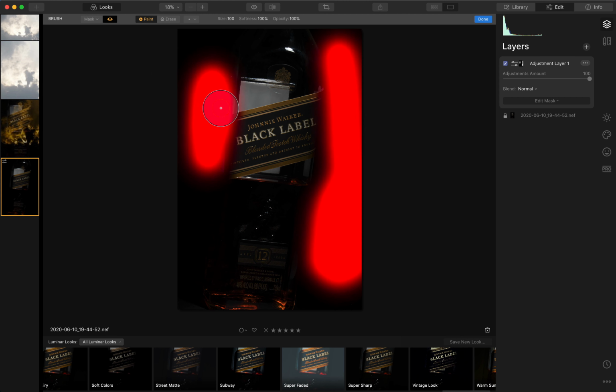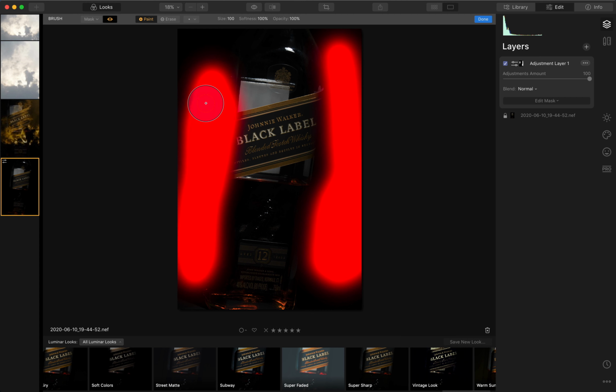Now if you turn on the mask, there is no way I can get this edge unless I zoom in a lot and manually keep drawing, which is obviously not practical at all.